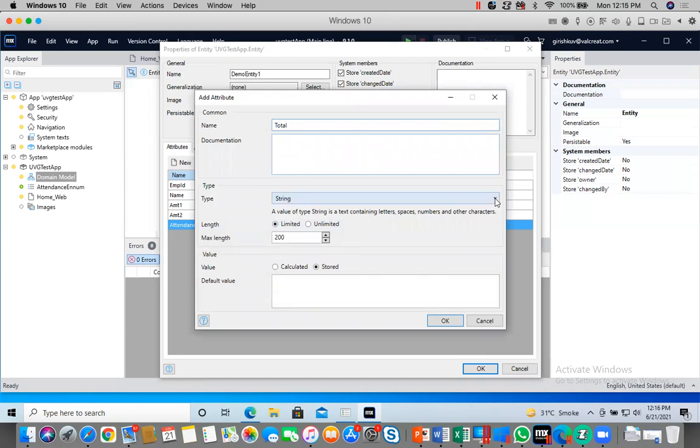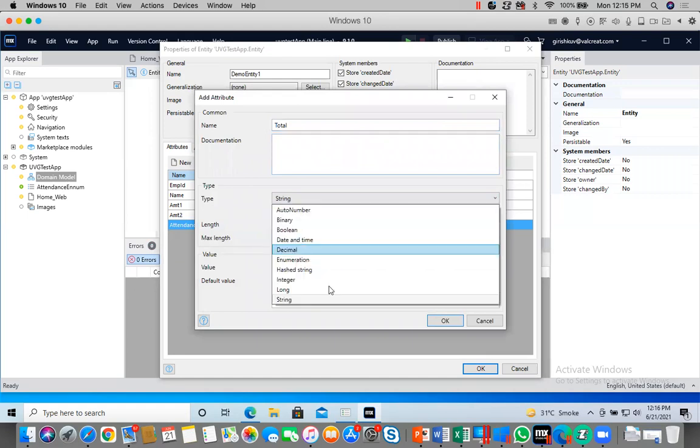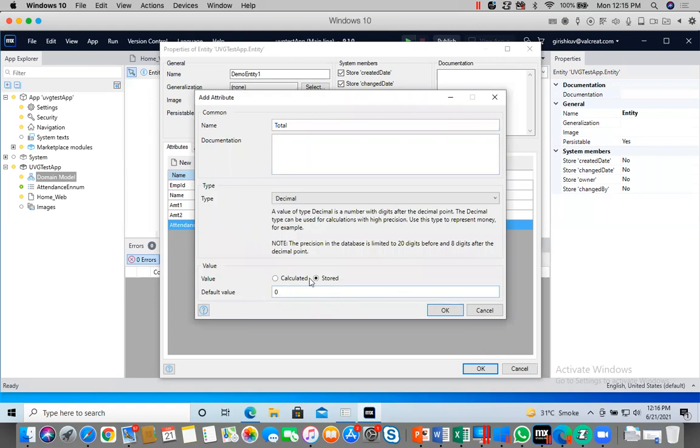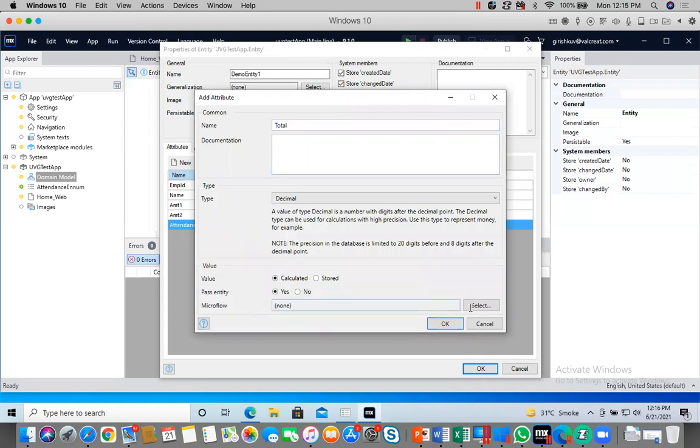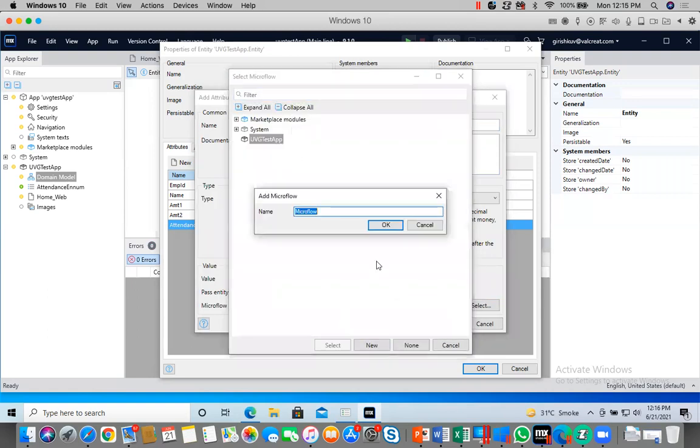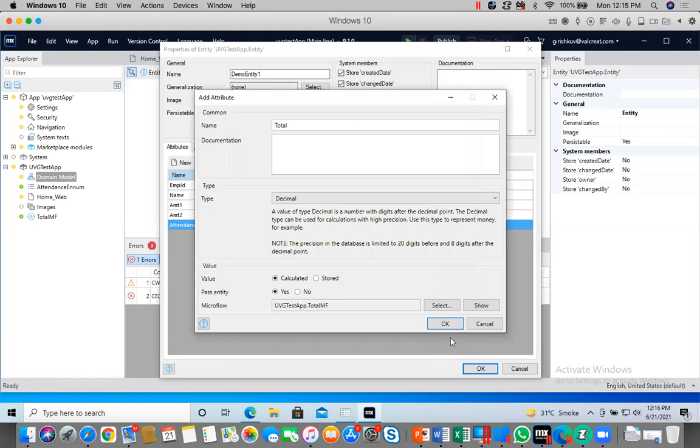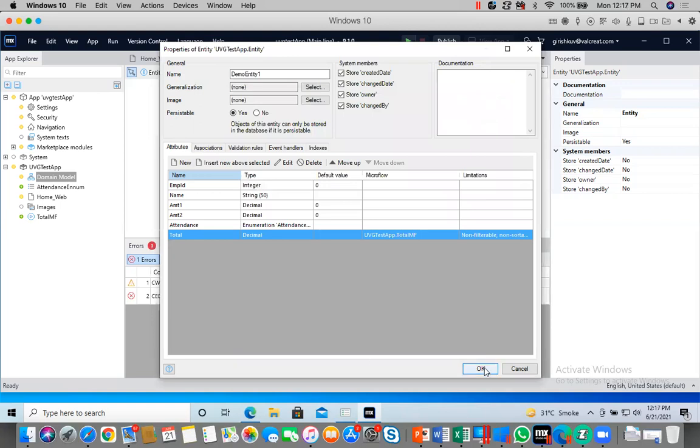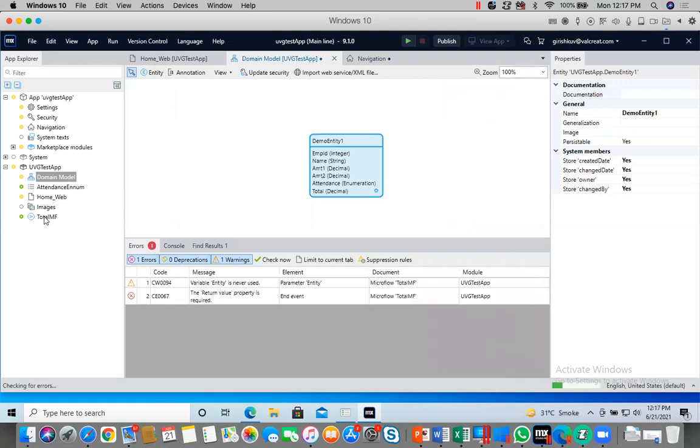That I just want to store as calculated, microflow new, total microflow. So here total microflow has come.